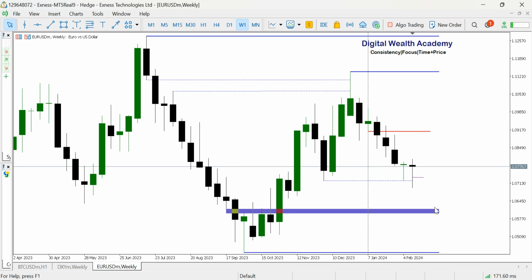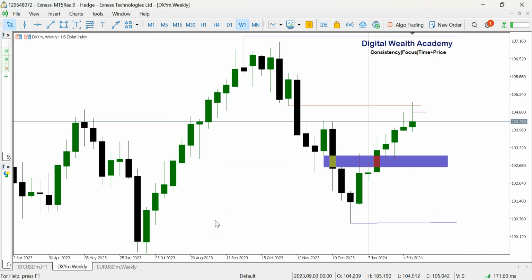So let's compare this euro with the DXY. What I was indicating is that on the DXY, we can see a clean setup. Now, the DXY is more clean. We see this is a bearish weekly order block, which I indicate with this red line, and we traded into it, and it has a fair value gap within this price. We traded into it, and also